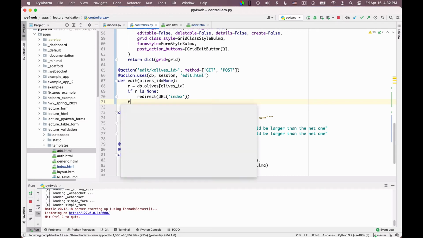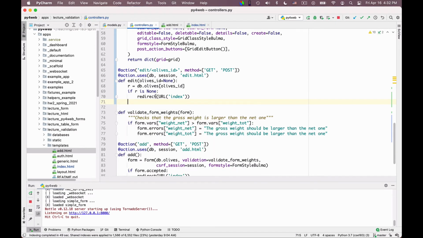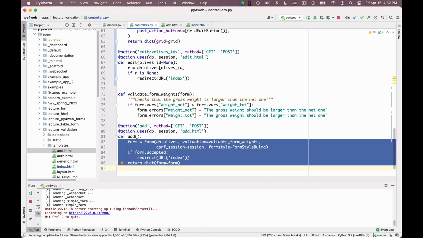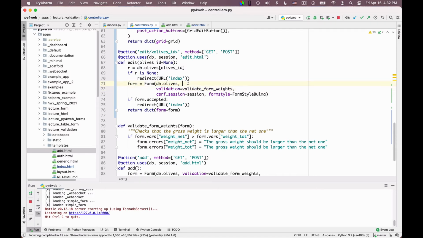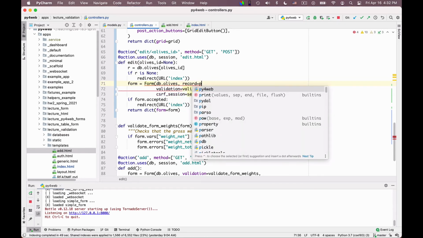And otherwise, I create a form. Actually, let me just cut and paste this form because it's very similar. So this whole code is actually identical, except for one small thing. And that is this form here will not be an empty form, but it will be an edit form. And so I need to say record is equal to r, sorry.